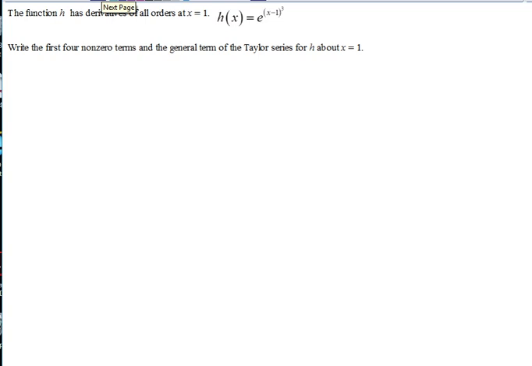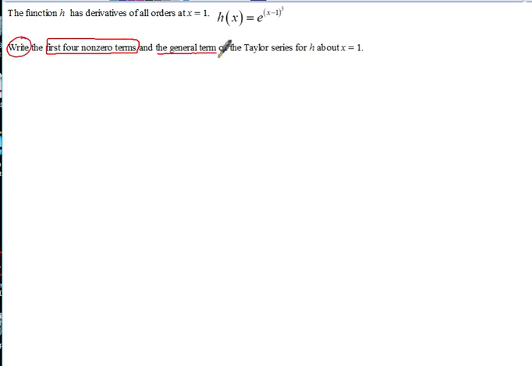Finally, let's take a look at one where, similar to the Maclaurin series, sometimes you might see Taylor series where it depends on memorizing those common Maclaurin series: e to the x, sine x, cosine x, 1 over 1 minus x. If you don't, then this could be a really lengthy problem, but if you do, it's actually not too bad at all. So we want the first 4 non-zero terms